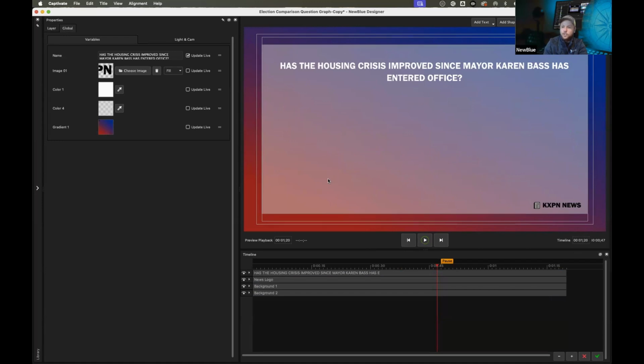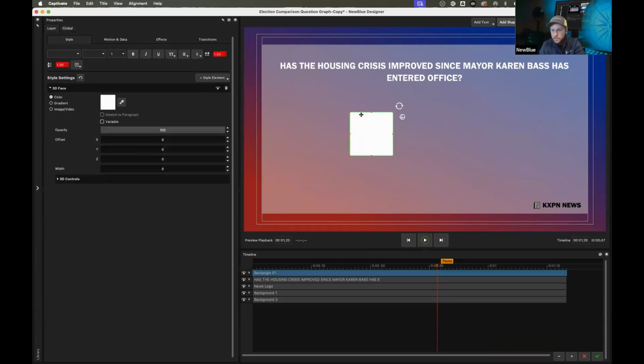So now what we're going to do, we're going to start to build out these data graph variables. And the way that we can do that, I'm going to do it by adding a shape. So I'm going to add a rectangle, and I'm going to make this look kind of like a bar graph right here. So I'm going to have it start right here. I'm going to make it a little bit thinner and then drag it right down. I'm going to want to put a little bit of information on the top of it and below it. So I'm going to leave it right about here and say that this is what my bar graph is going